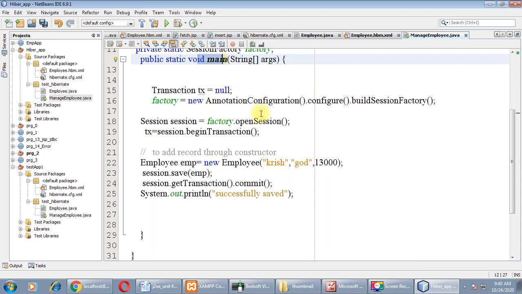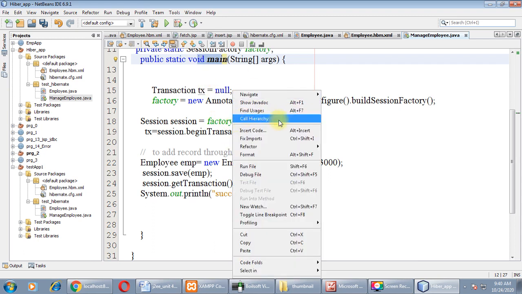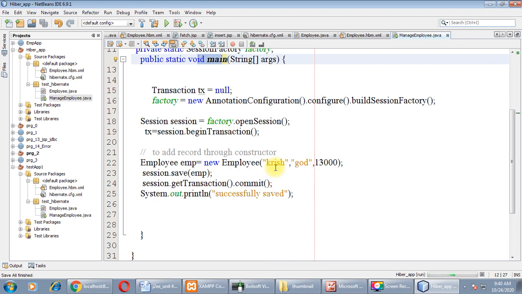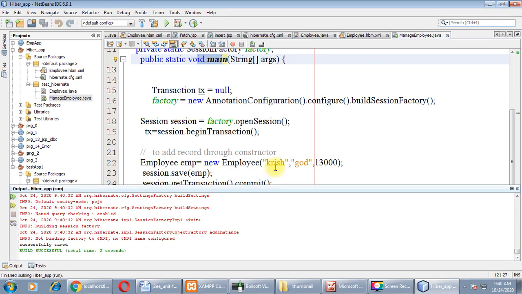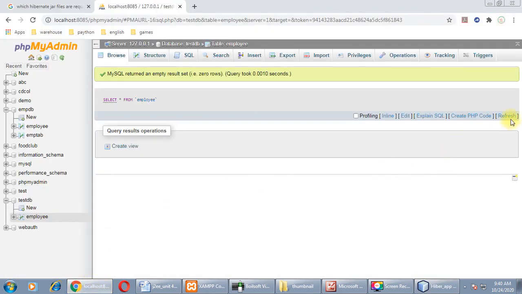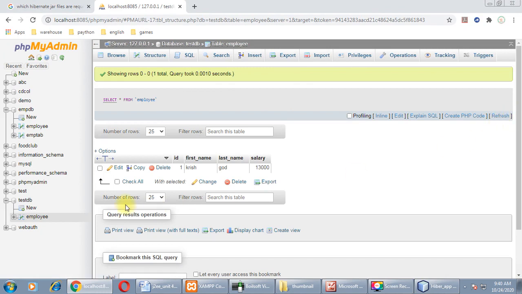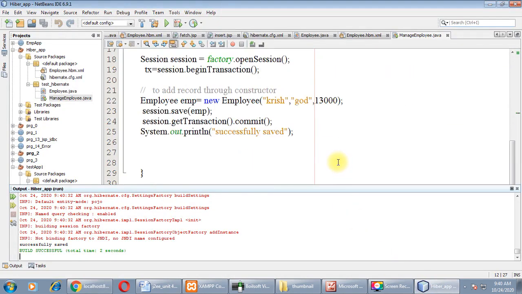So we'll run this file, right click and run. Go to the database and refresh it. Here you can see the record is inserted, right?